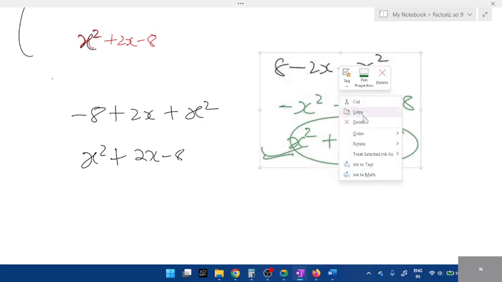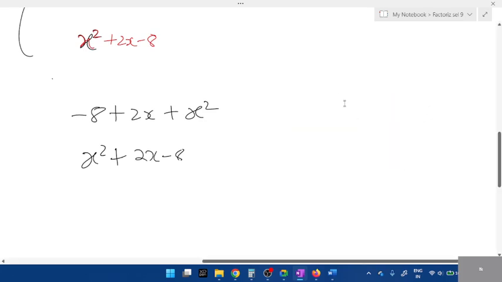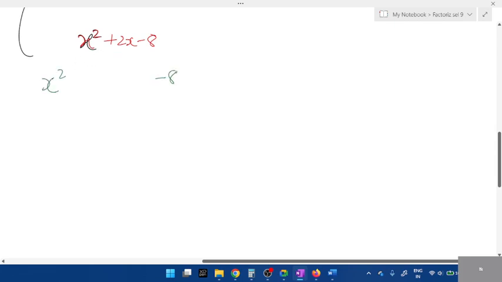Okay. So first thing, we got to know how to arrange. Second thing, the x square shouldn't be negative. It should always be positive. After this, the third thing is the first one and minus 8 will remain as it is. Tell me, what is sum and product, students? What is sum value? Plus 2x. Product is